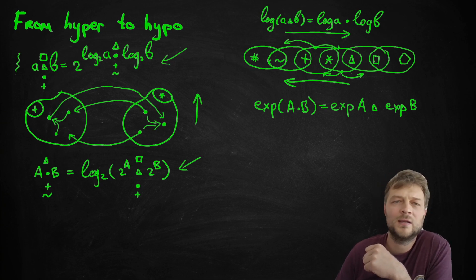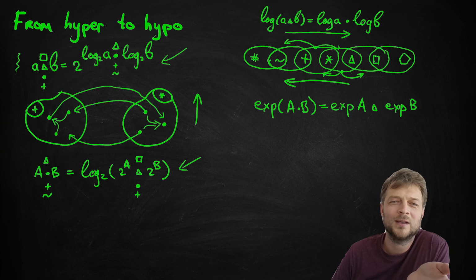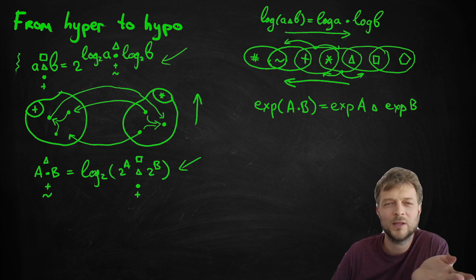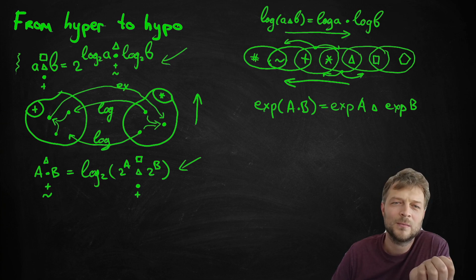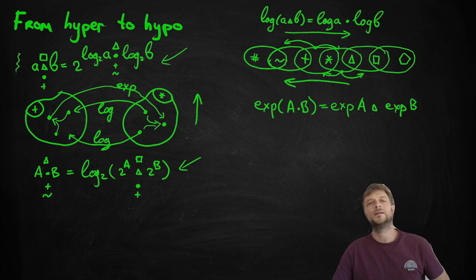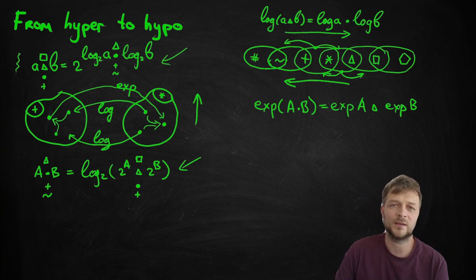We know that multiplication is a sum in log space, so to get to plus space we need to take log. So this mapping is implemented by log, and the opposite mapping is implemented with exponentiation. And this is expressed in the formula on the